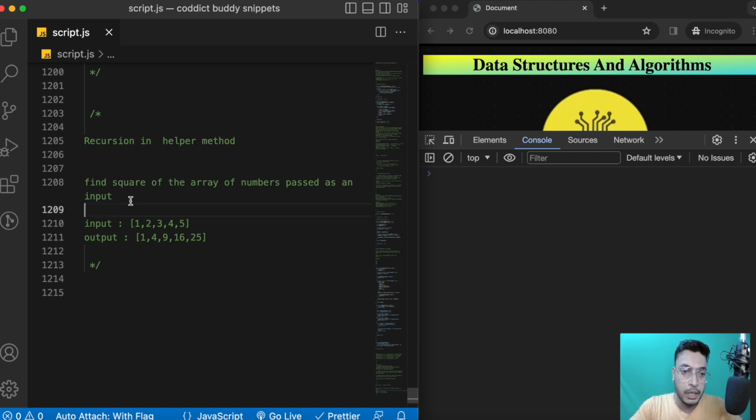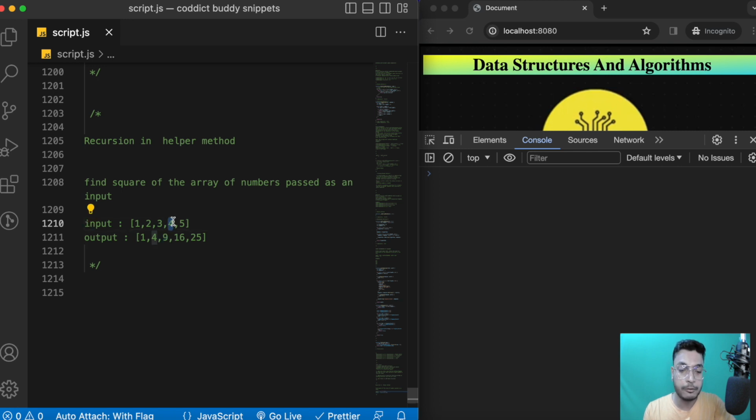So we have a question here right now: find the square of the array of numbers passed as an input. So what we have to do is create a function which accepts an array of numbers, okay? So 1 2 3 4 5, and then what we have to return as an output is 1 4 9 16 25, which is basically the squares, okay? So what are all the things which we can do? First thing we have to keep in mind, to square it, we have to find out how we can square these numbers, right? So in JavaScript, luckily we have an operator available already which can square these numbers easily,